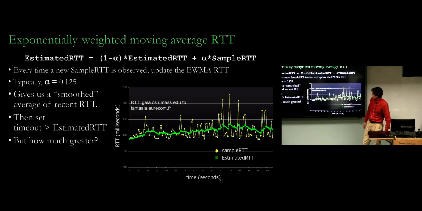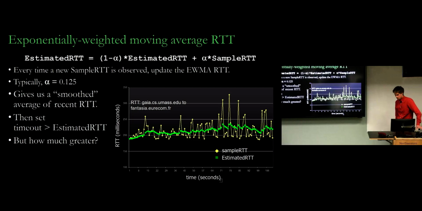And this green line is the moving average of the round trip time using this formula. So like here, for example, your current estimate was this, but then you got this sample here, which is higher, so you move up the next time. Or you got this one, and then you move up the next time. Then the next one you got was lower, so you move down slightly. It's a smooth moving average that changes when new data comes in, but still uses old data to an extent. Okay.